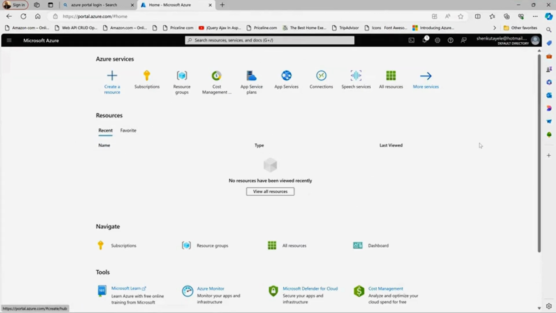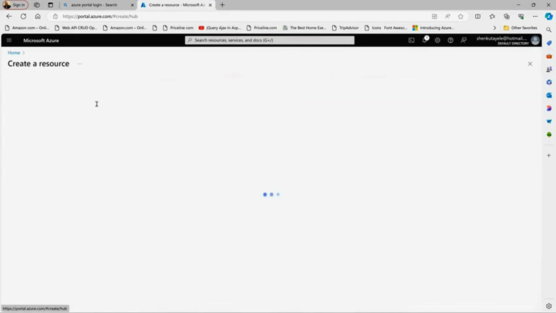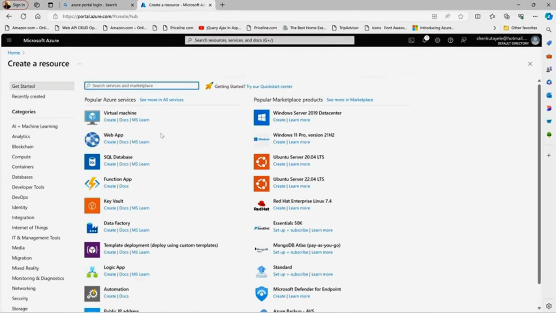Azure portal. It is always better to be on the home page. You will have a better view to see the different services, the different products, and the different resources. Now, you can create different resources by clicking this Create Resource. Let us see what is there. You can see you can create virtual machine, web app, SQL database, function app, key vault, and so many resources